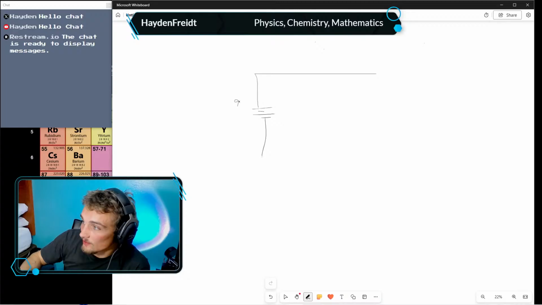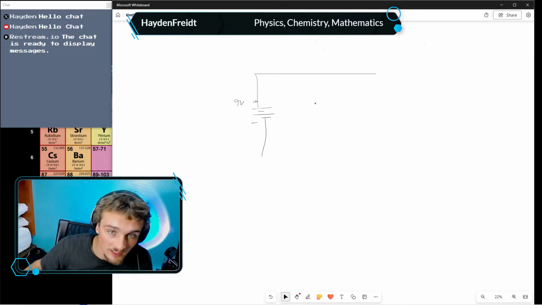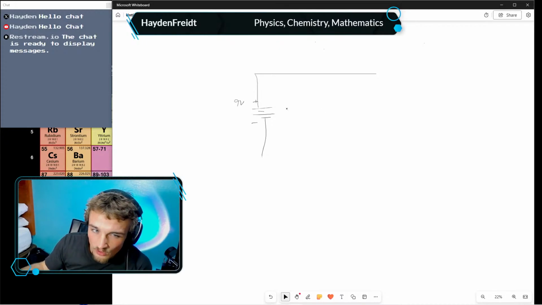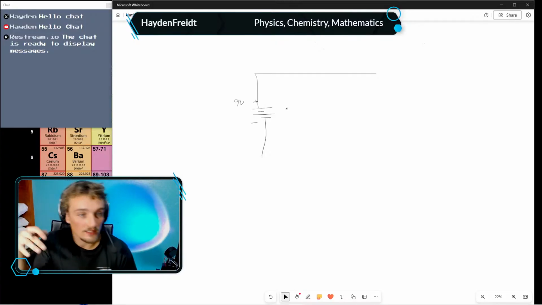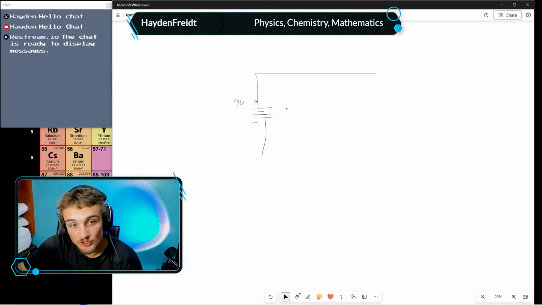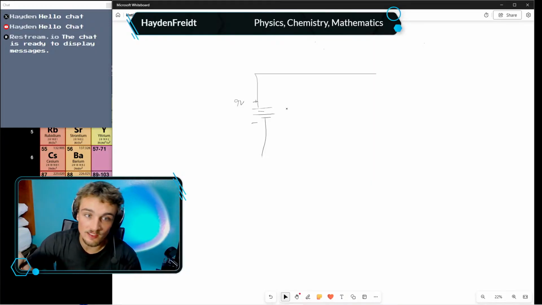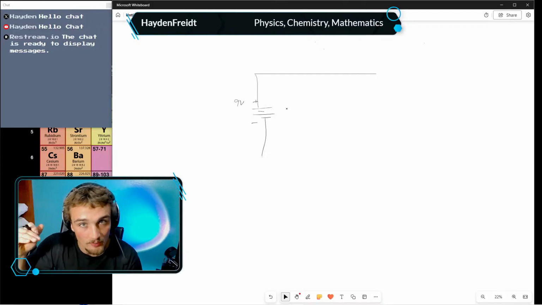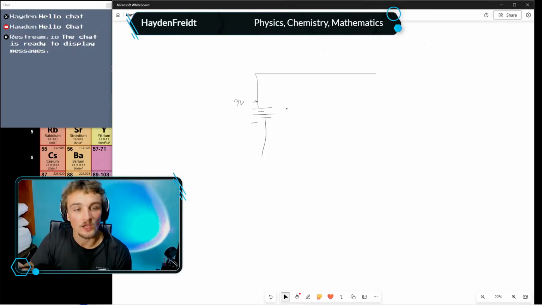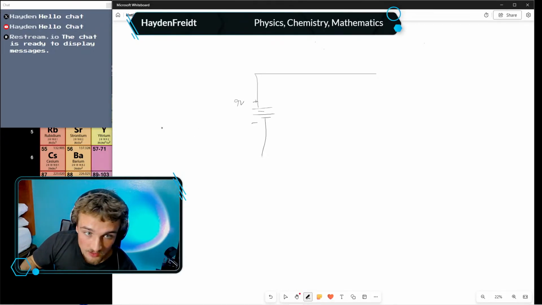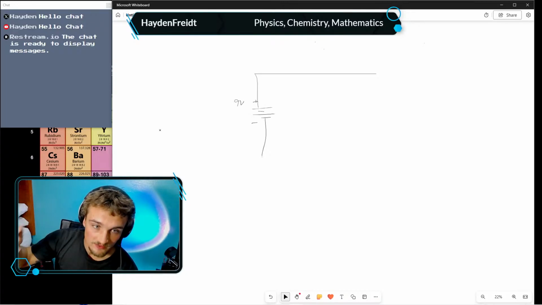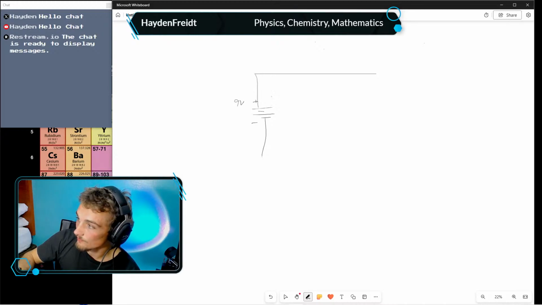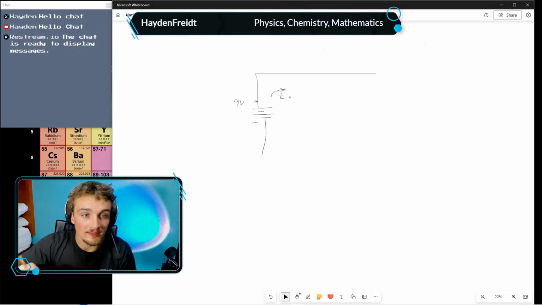Okay, so we have a 9-volt battery here. We're going to specify the positive and the negative, right? And our current runs from positive to negative, although this is a wrong analysis in regards to physics, because really it's electrons that are moving, but when we do circuit analysis, we perceive it as protons moving, I guess, but really we consider them holes because the electrons are what are experiencing motion. But anyways, disregard that. We're going to go from positive to negative, and this is the direction of our current. So we'll do it like that. And a lowercase i